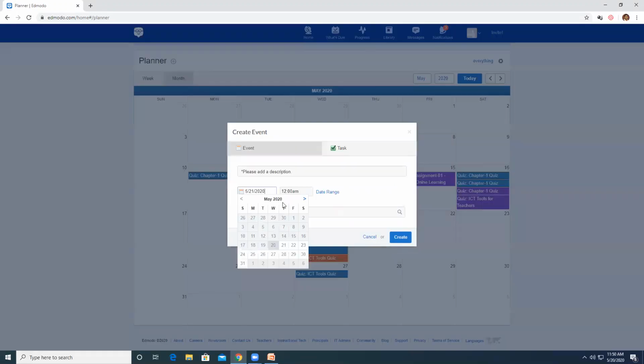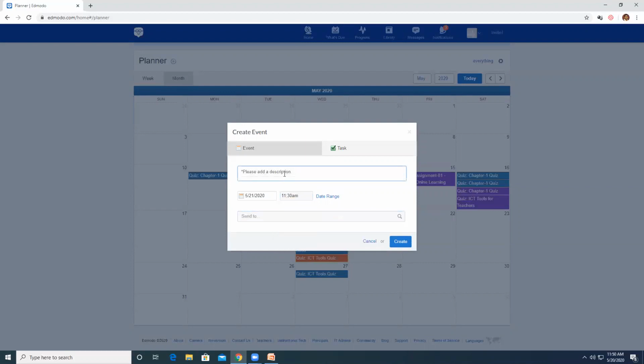So go to the 21st, and what time? Let us say you want to meet them at 11:30 a.m., and say, let's have a Zoom session to discuss ICT.